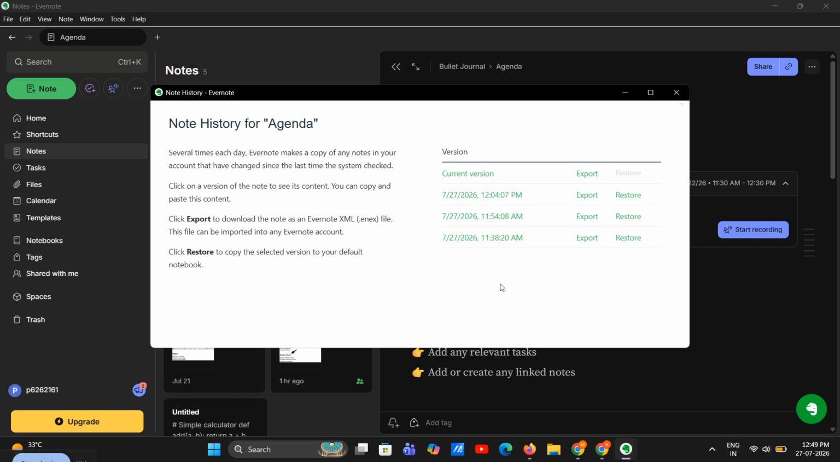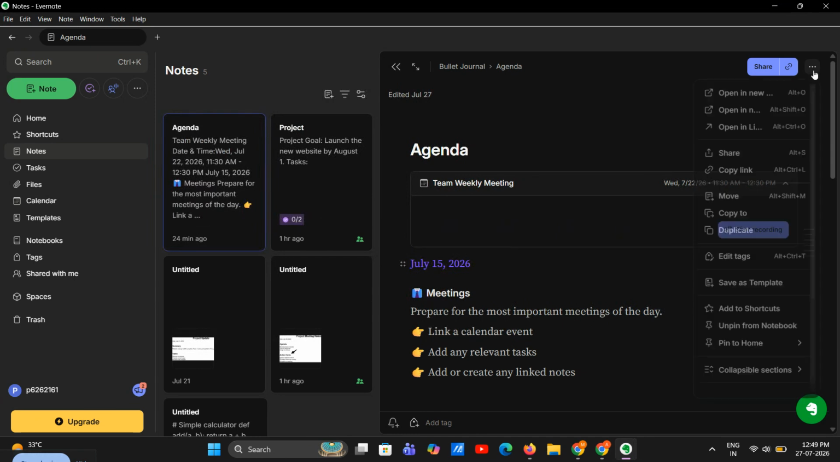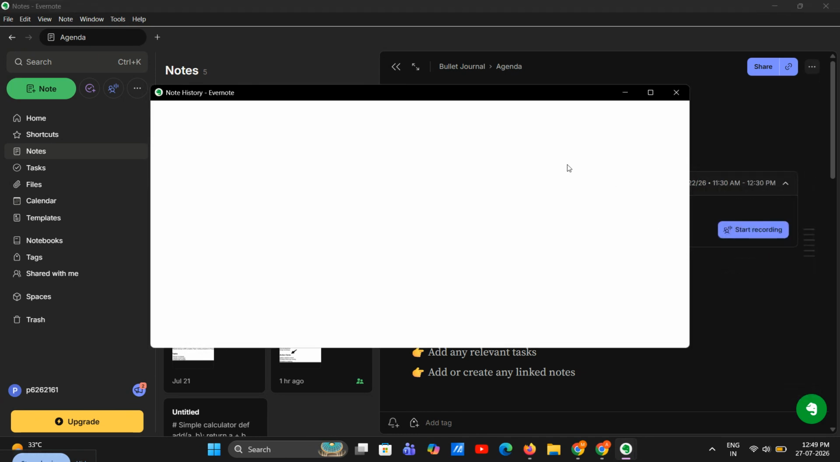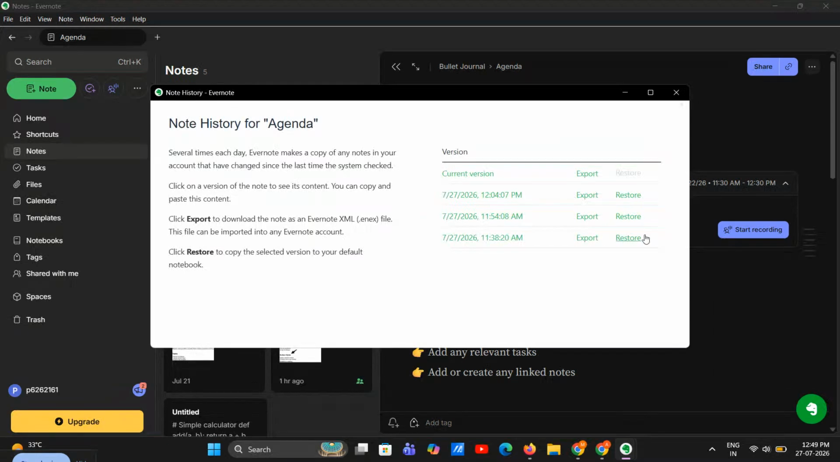So in summary, to view note history in Evernote, open the note, click the three-dot menu, select Note History, review the available versions, and restore or export one if needed. It's a simple process, but it can save you a lot of time and stress when you need to recover